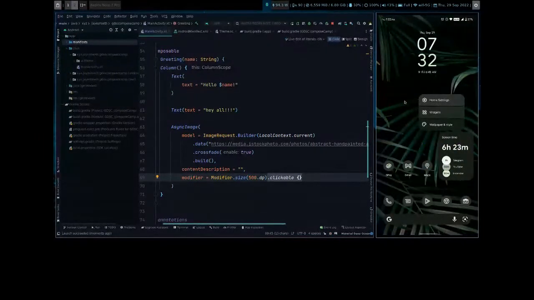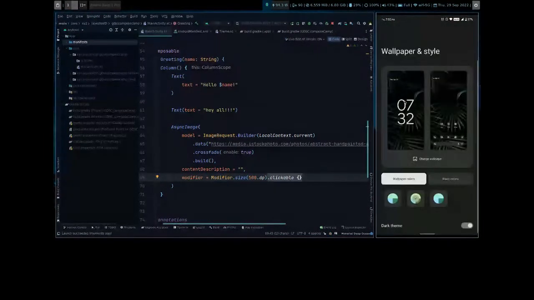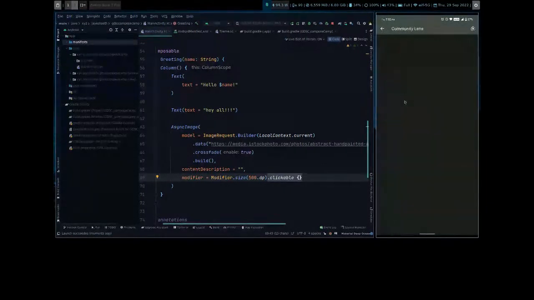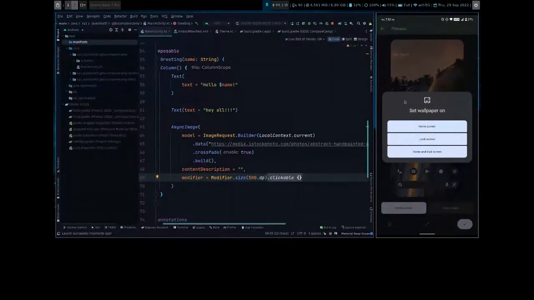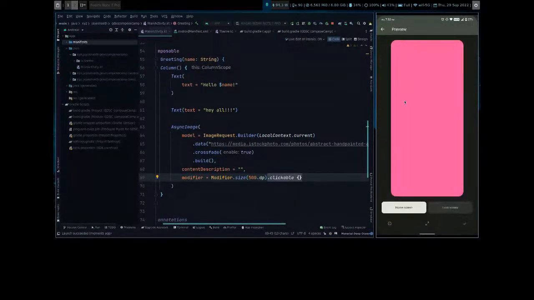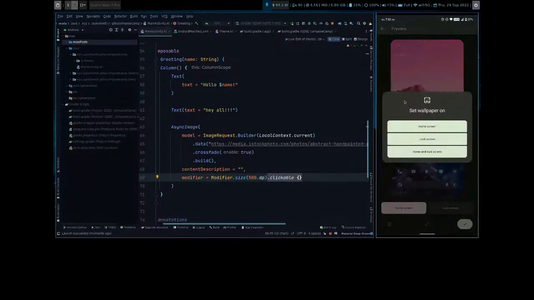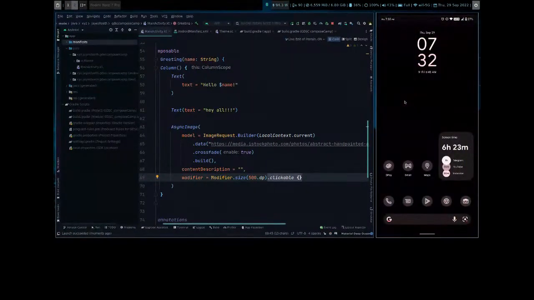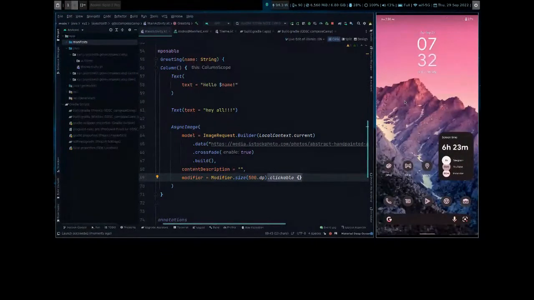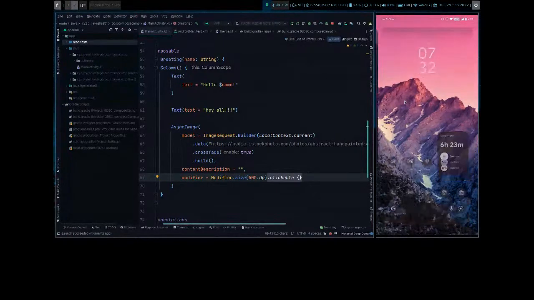So now if I go to my wallpaper setting, as you can see my wallpaper has changed, including all my icons.